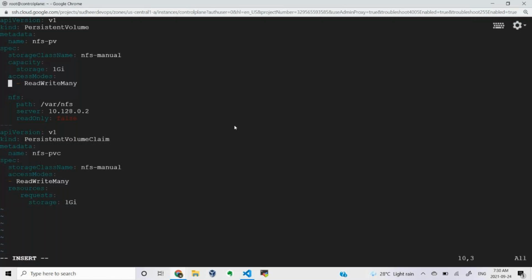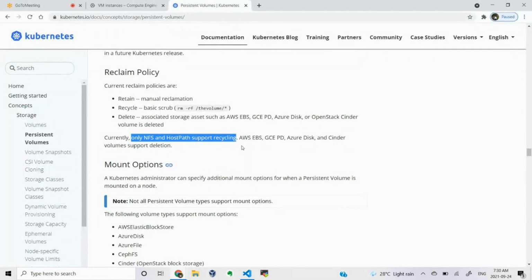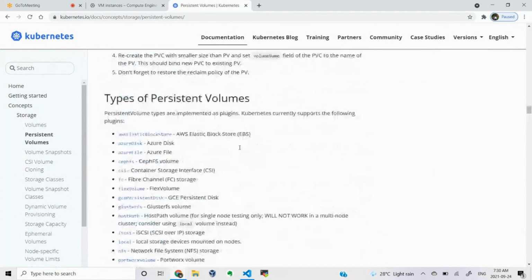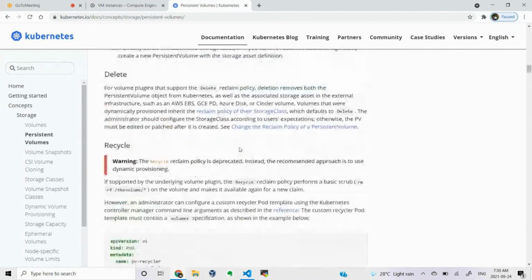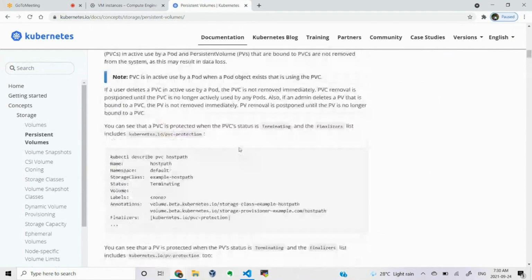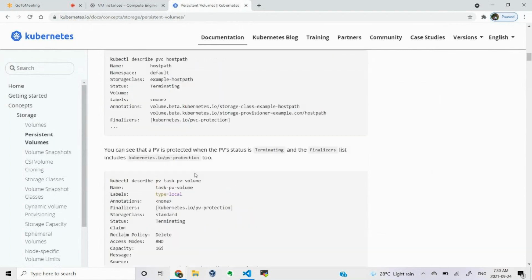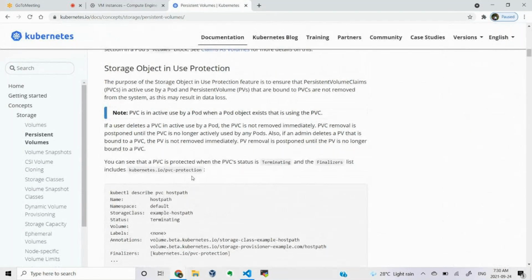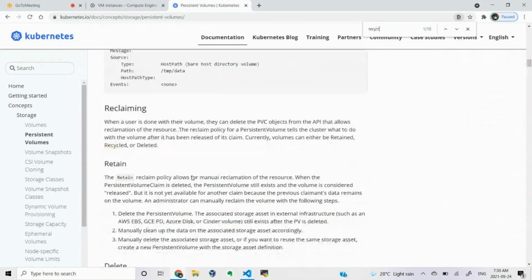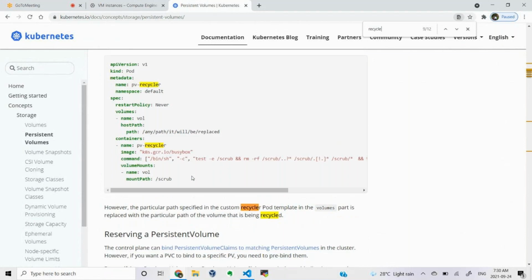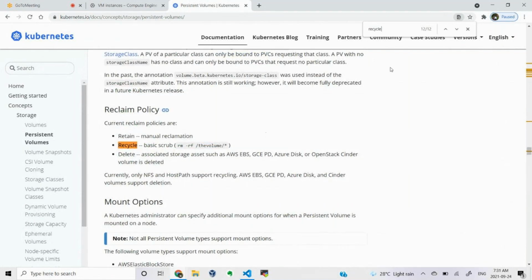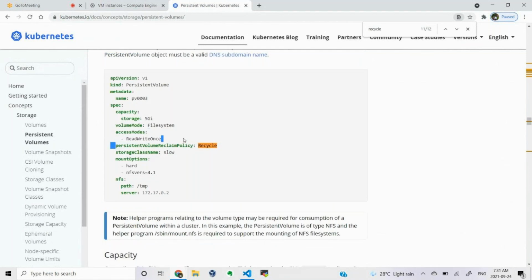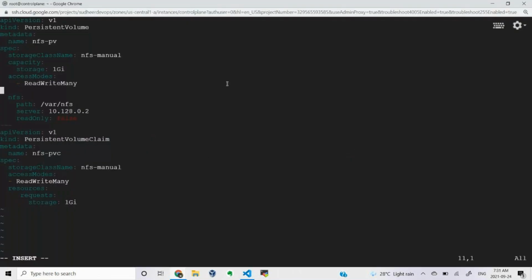Here I will be using the recycle policy first. Let's try to add the recycle policy.